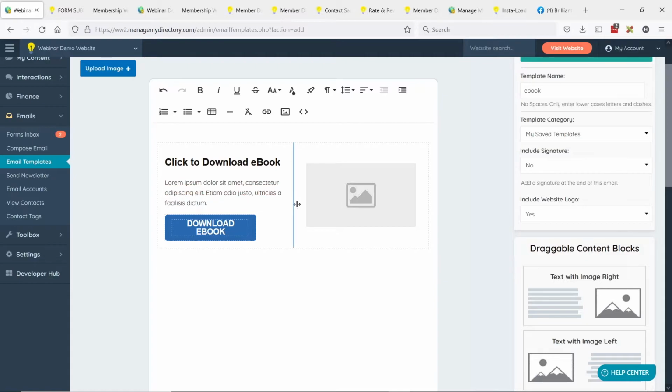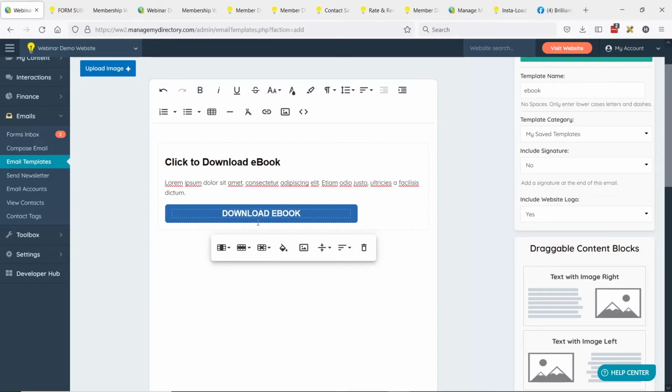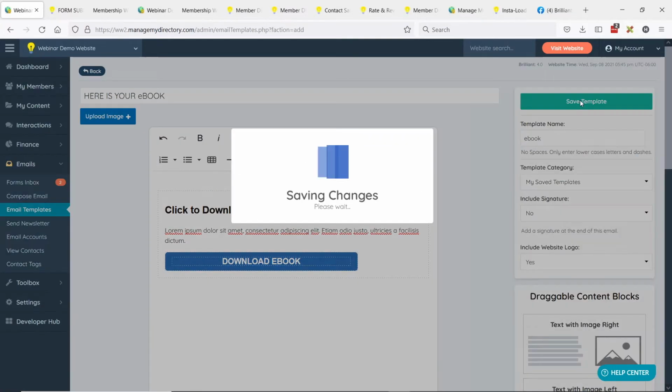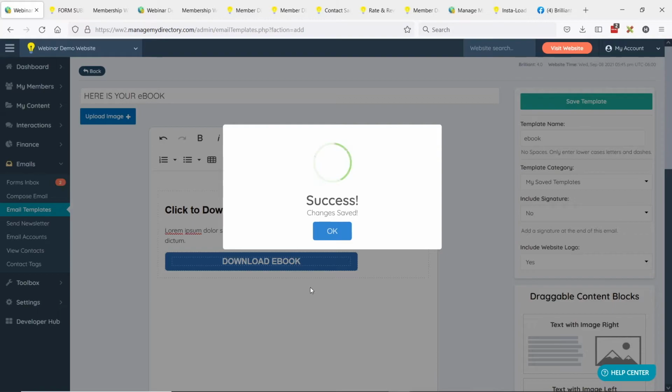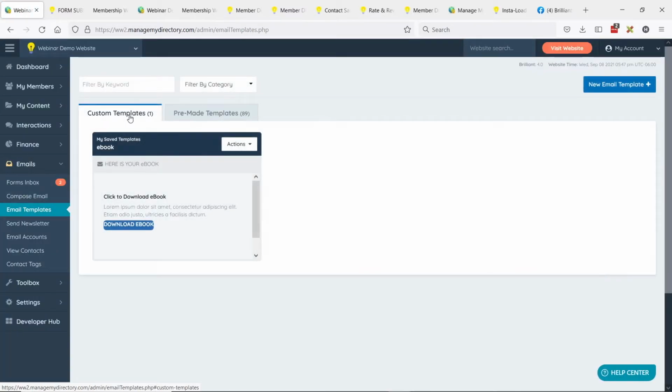All right, and if we want it to be a little fuller width, we could drag this. We could get rid of this cell altogether if we wanted to. You can delete this column. So you have click for ebook, and I'll go ahead and save the changes. Again, nothing too pretty here, just showing you the fundamentals of how to get that download link in an email. Okay, so if we go back to our email templates,